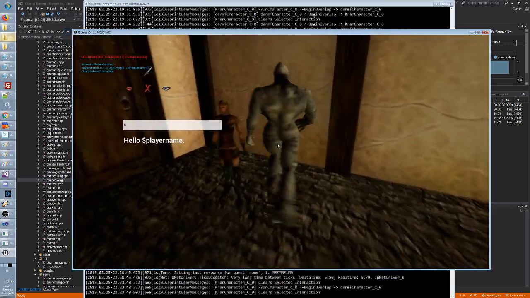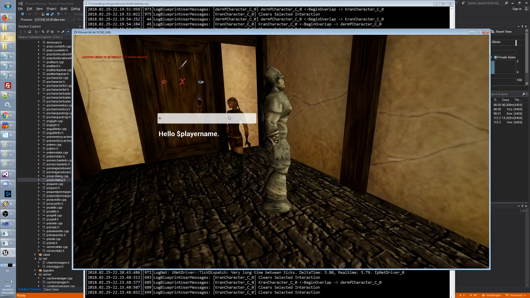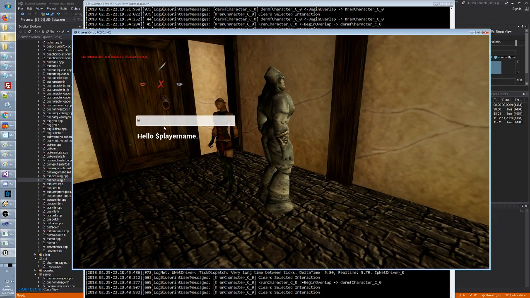I mean, the UI is not the greatest, I understand, but we will change it later, right? So now we don't care. We'll make a nice UI, whatever it is. So yeah,